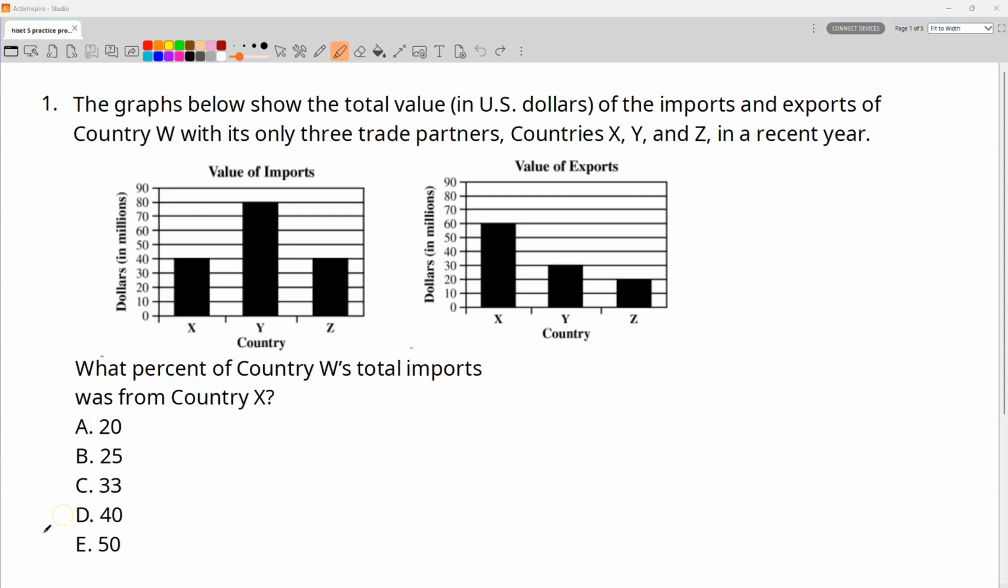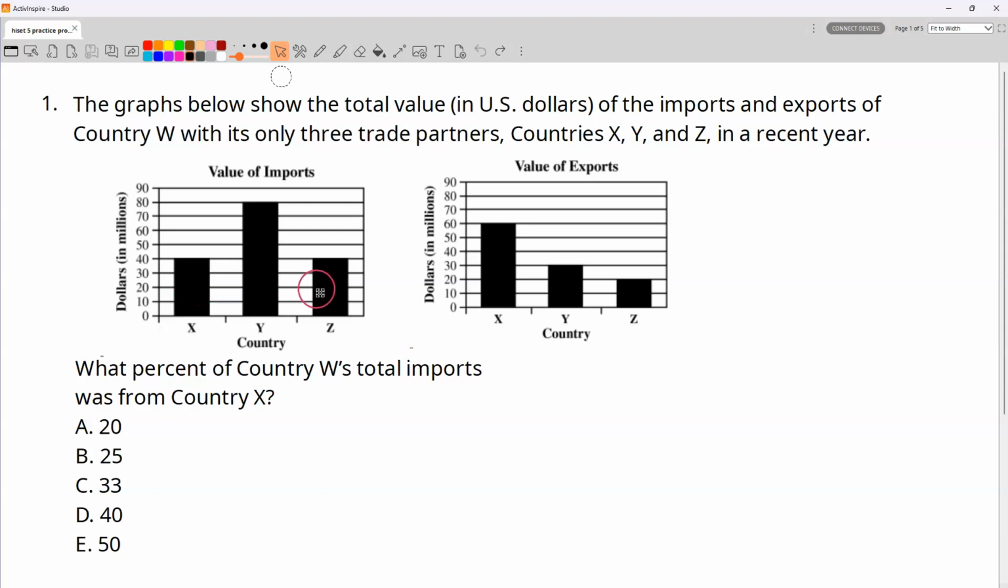Question 1, it states, the graphs below show the total value in US dollars of the imports and exports of country W with its 3 trade partners, countries X, Y, and Z. So these graphs are showing